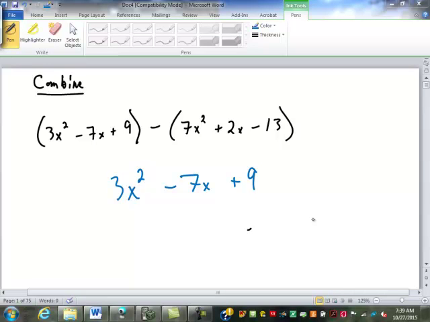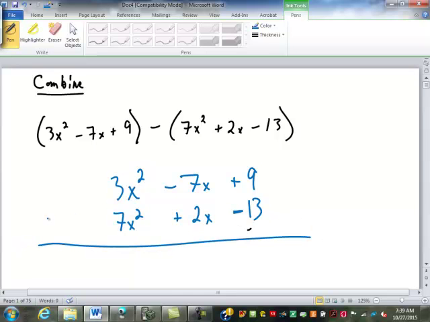When we add or subtract, we must have the same name, which means we have to line up the place values. So I put the x squareds under the x squareds, and the x's under the x's, and the ones or whole numbers under the ones. And we are now subtracting down these columns. So we have 9 minus a negative 13. 9 minus negative 13, which becomes 9 plus 13, which is